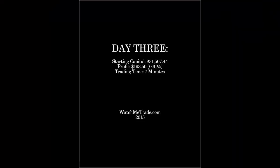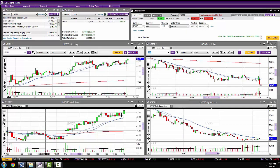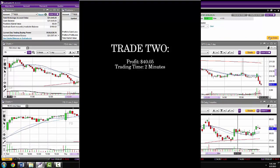Here on day 3, the market isn't that exciting, so I went in and out on a few scalps with a little bit of profit and then called it a day. So here it was just playing on strength, jumping in for a small profit, basing it on the drop on the market. On the top right graph there, you see the SPY was dropping, but then it started going up again, so got out. So $42